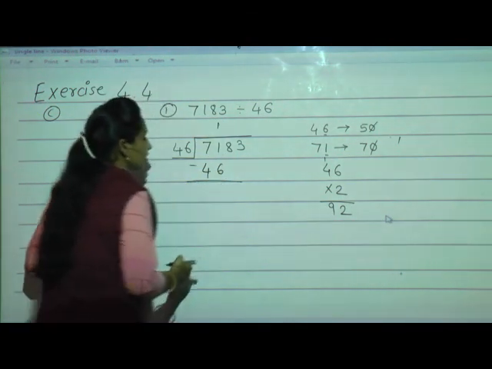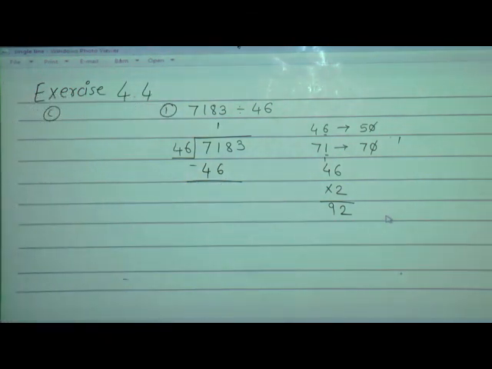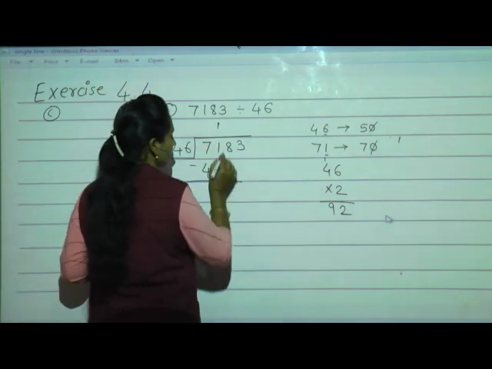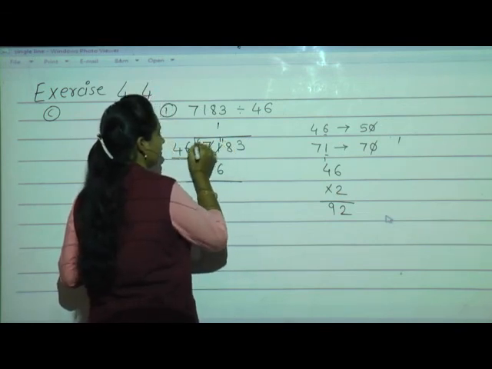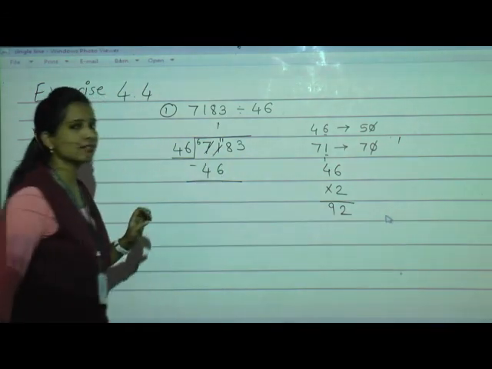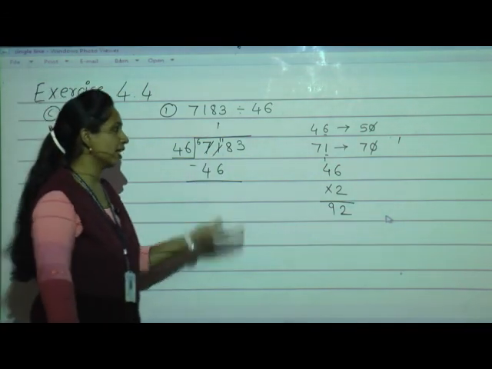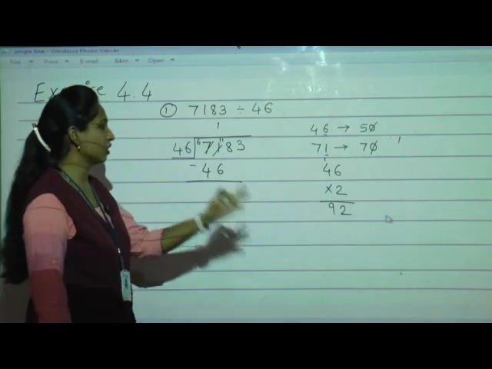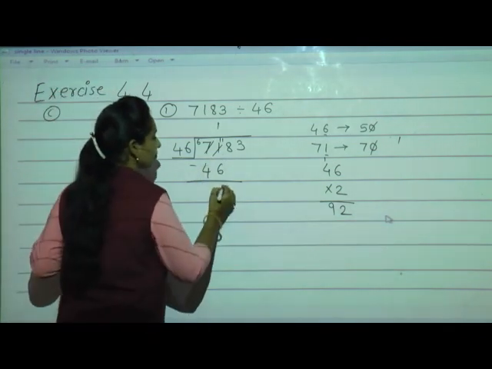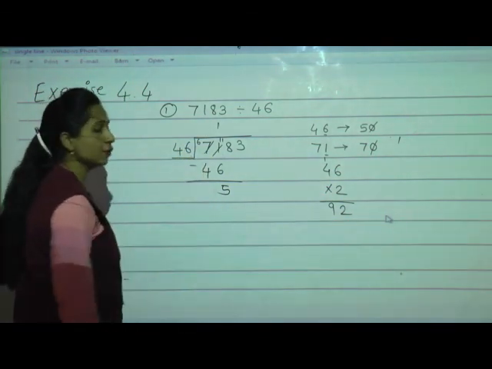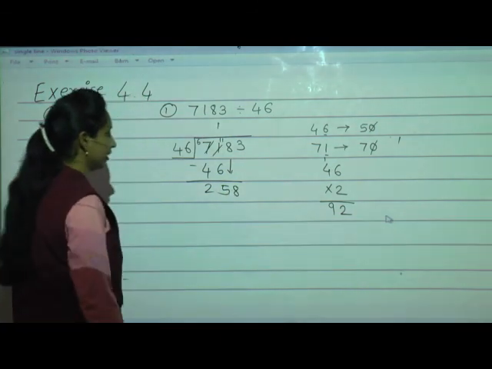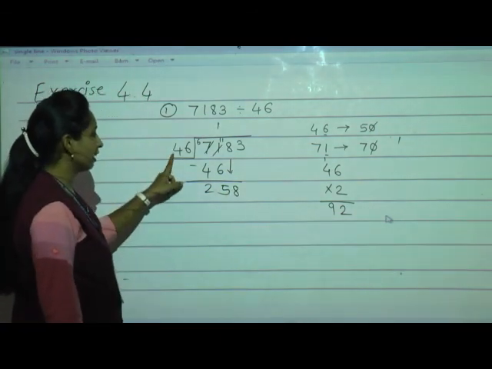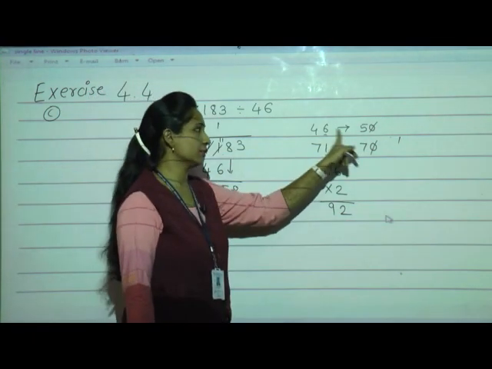Now do the subtraction, students. 71 minus 46. Now 1 minus 6 we can't do, cut the 1, write it as it is, take borrow from the neighbor. The neighbor is having 7, he will give 1, 6 will remain. Now 11 minus 6 means count after 6 till 11 comes: 6, after that 7, 8, 9, 10, 11. How many? 5. Now 6 minus 4 is 2. Now bring down the next number, that is 8. Okay. Already we have done the rounding of divisor 46.